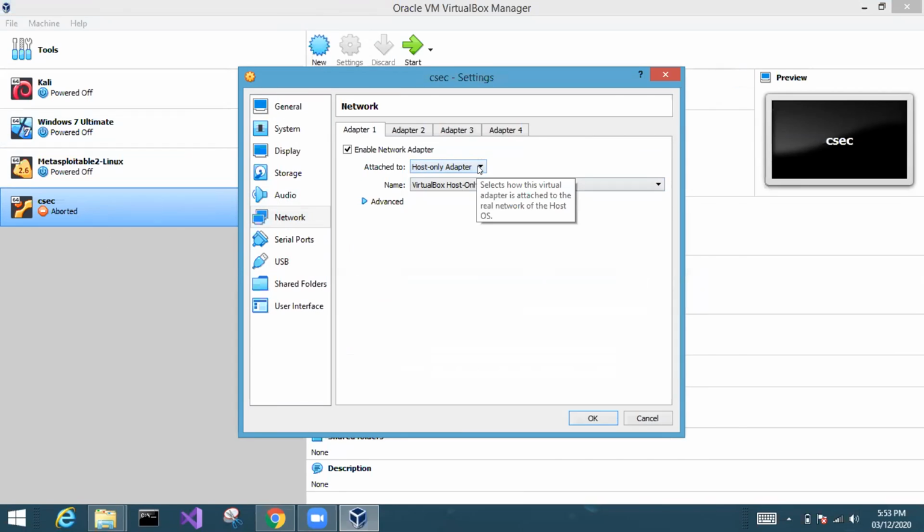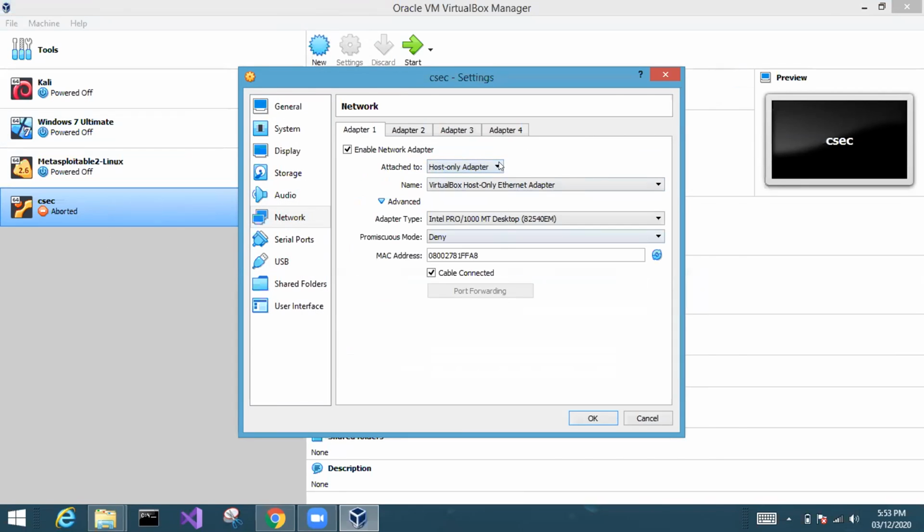Yes, whenever you open up the settings and it tells you that invalid settings are detected, you have to fix the issue, otherwise you'll not be able to run the VM. Okay. Yeah, from here, select NAT network. VMS VGA, right? Yeah. Okay, NAT network is already selected, Gaurav. So just click on OK.